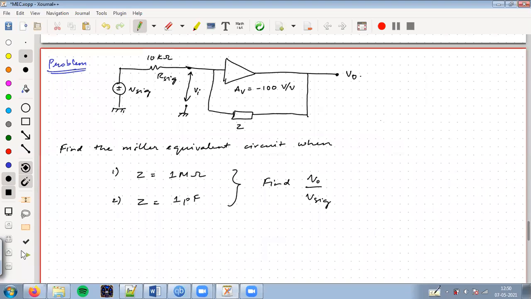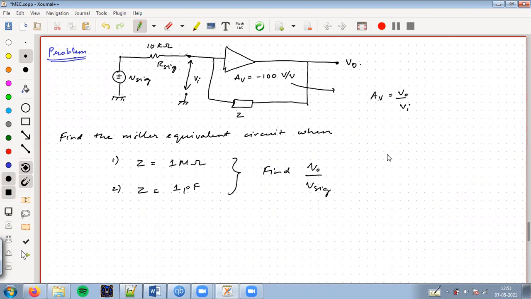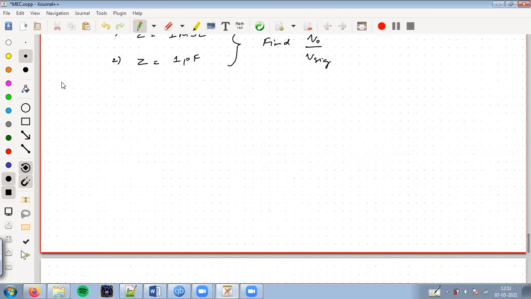Correct. And remember, AV, which is given, is the gain of the amplifier alone. So AV here is actually V naught by Vi, not V naught by V signal. So I have to find V naught by V signal for both these cases. So if I draw the equivalent circuit,